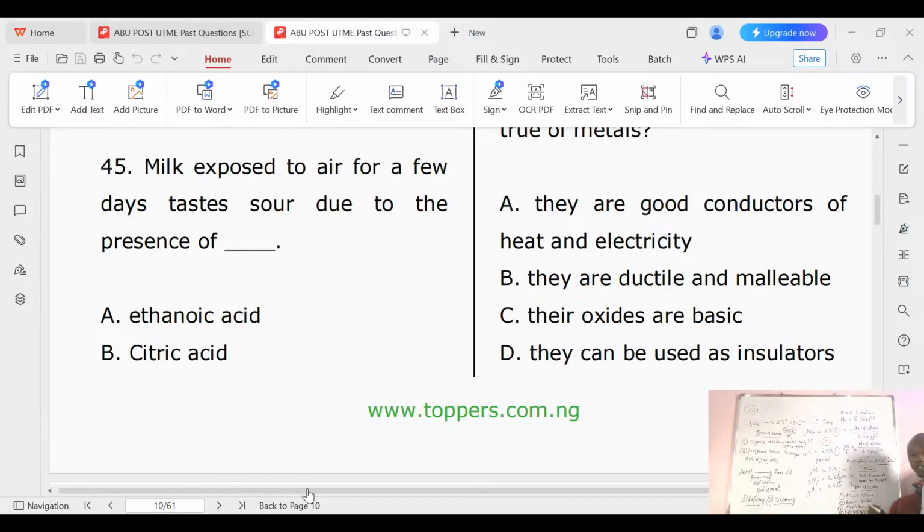So what is an acidic oxide? An acidic oxide is an oxide of a non-metal, while a basic oxide is an oxide of a metal. An amphoteric oxide is an oxide that reacts as both acid and base. And examples of these: